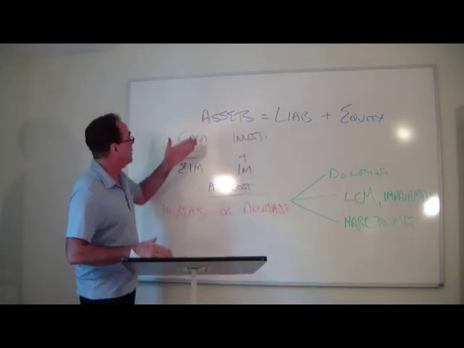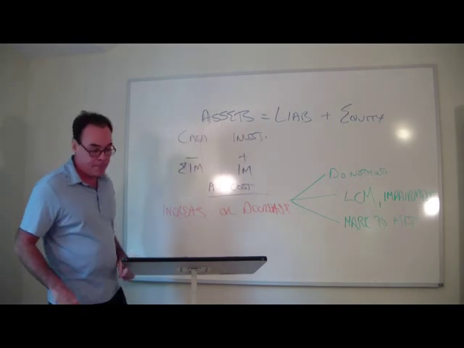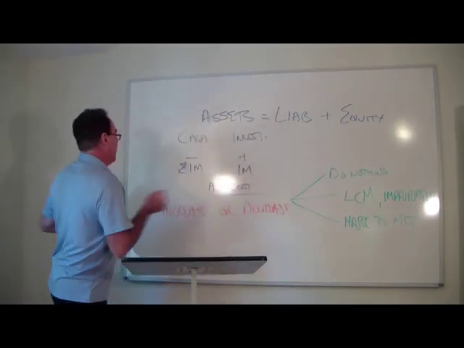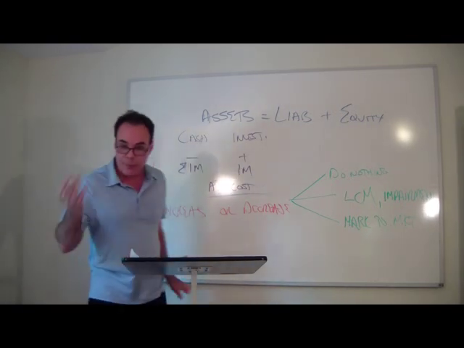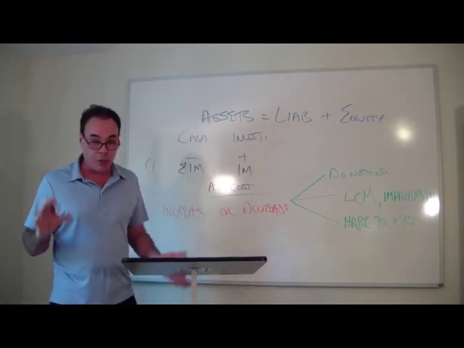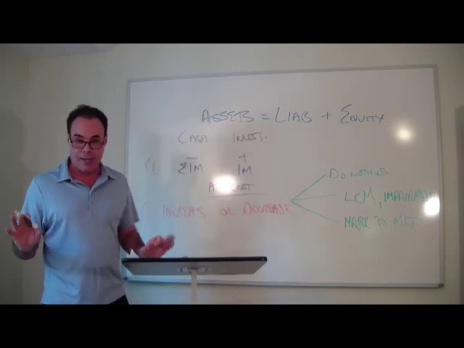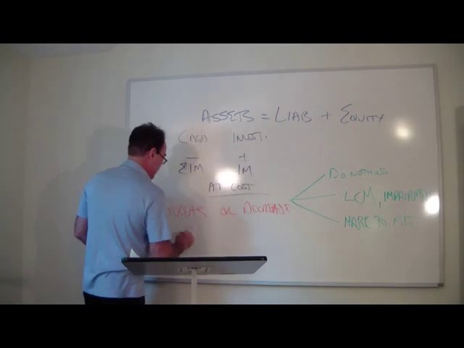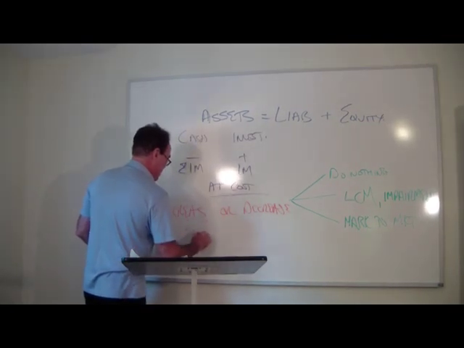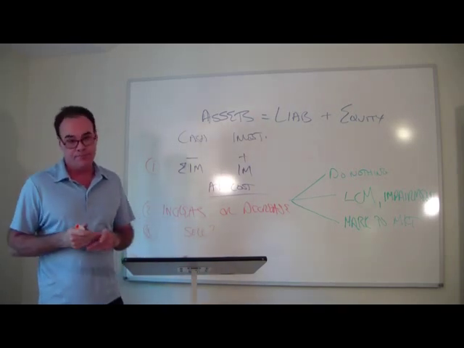So, as we look at our overview here and we think about this, one of the questions is, how do we record it? The first thing is, how do we record it? Well, we record it at cost. What do we do in between, after we buy it? Well, that's a big issue. We're going to look at that in a lot of detail. There are many different rules for dealing with that. And then, finally, what about when we sell it? Well, when we sell it, that turns out to be a lot simpler.